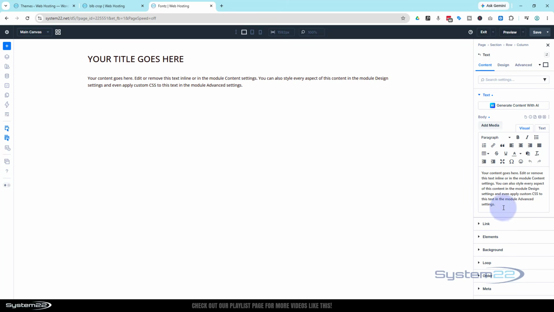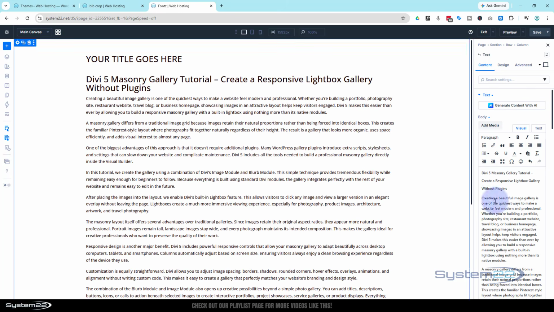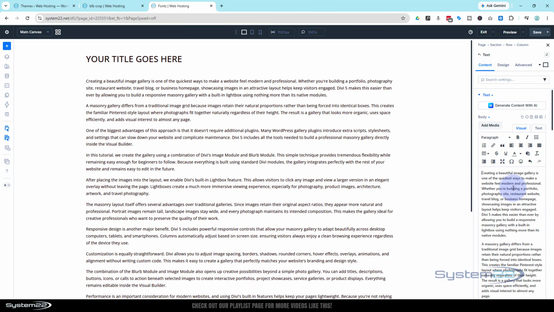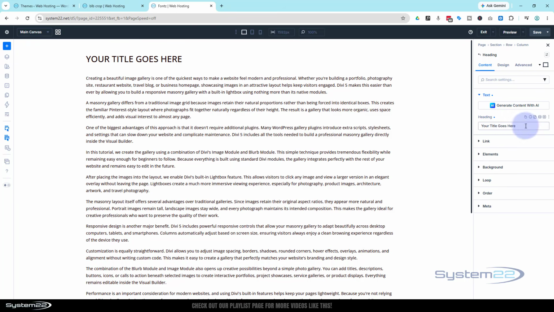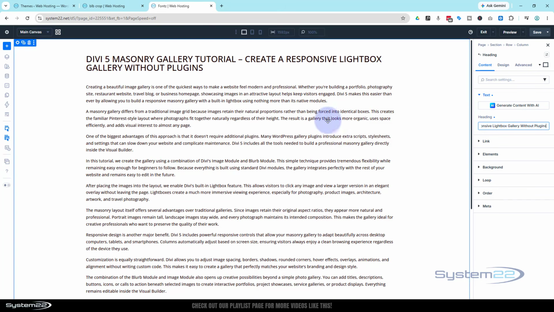Okay, so I just stole one of my blog articles. Let's pop that in there. I'm going to remove the title. I'm going to put that in the heading module. So I'm going to select it, Control X to cut. Let's get rid of that extra space at the top there. I'm going to go into my heading module. Now I'm going to just pop the heading in there. Great. So we've got a heading module at the top with a heading, funnily enough, and some text content down